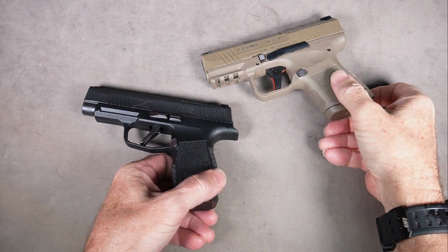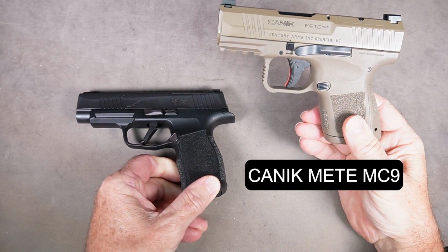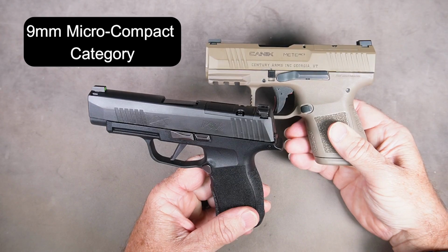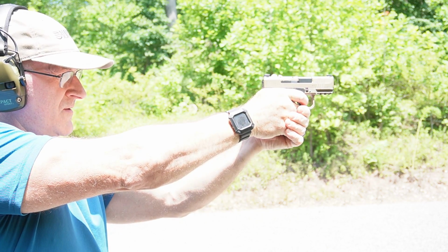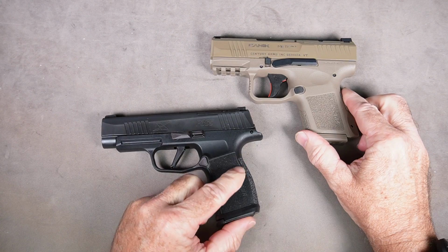Today I want to compare the SIG Sauer P365XL to the CANIK METE MC9. The reason I want to compare these two is these are both considered micro-compact firearms. They're similar in size, they're similar in round capacity, and I've shot both of these, and I just wanted to go over some of the things that make these different from each other and some of the things that make